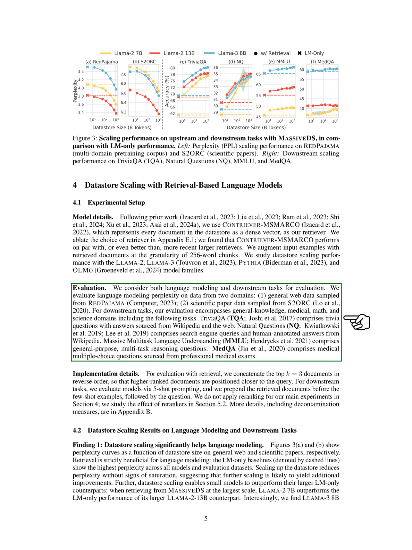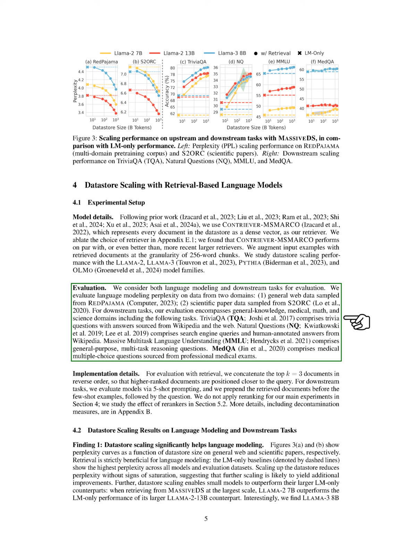We evaluate language modeling perplexity using data from two domains: general web data sampled from REDPAJAMA and scientific paper data from S2ORC. For downstream tasks, our evaluation includes general knowledge, medical, math, and science domains, covering tasks such as Trivia QA, which consists of trivia questions with answers from Wikipedia and the web; natural questions, which includes search engine queries and human annotated answers from Wikipedia; massive multitask language understanding, which features general-purpose reasoning questions; and MedQA, which comprises medical multiple-choice questions